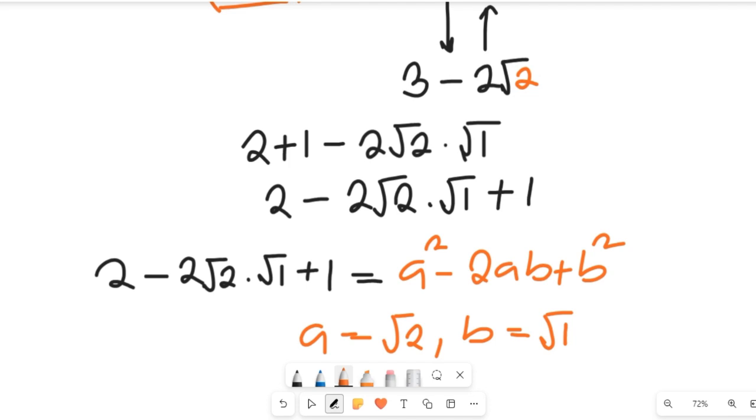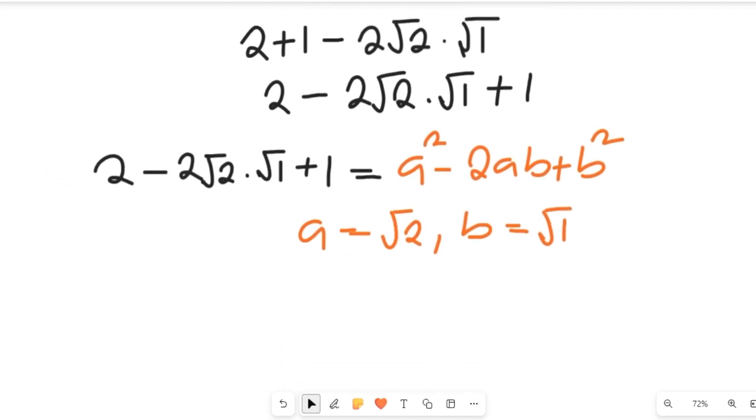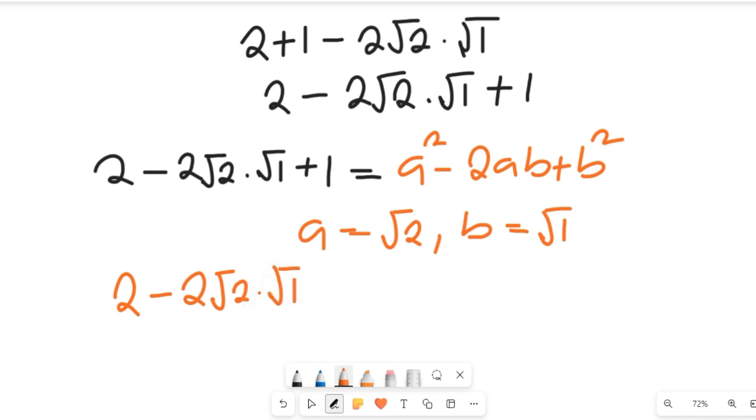So that shows us that this whole value, 2 minus 2 root 2 multiplied by root 1 plus 1, can be written